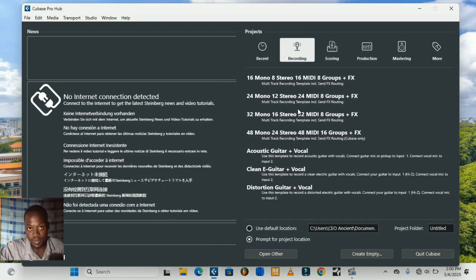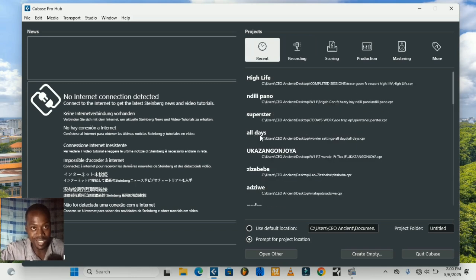Okay, so when you open Cubase, by default it's gonna be around here. This white thing is gonna be right here on recent, and then for you guys who are just studying these things from scratch, as in you don't have any project on your DAW, on your Cubase, this list is never gonna show anything down here. As with me, it's showing me my sessions right here, the sessions that I've been working on, but yours is gonna be blank. So what I need you to do is to come right here on create empty, and then